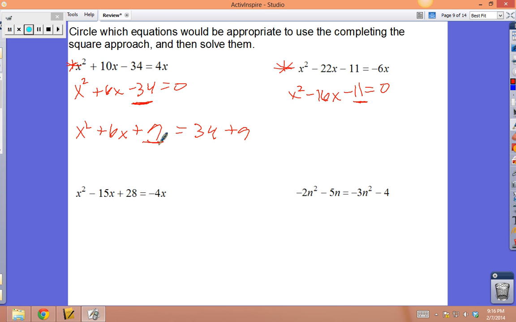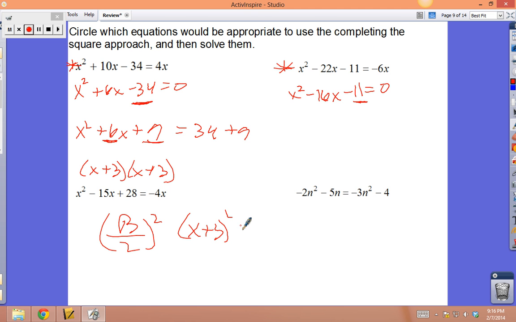Now 9, because it will factor and give me x plus 3 times x plus 3. 3 times 3 gives me 9, and 3 add 3 gives me 6. It all depends on what the 6 is, what the b is. So to find the c of your choice, you want to take b, divide it by 2, and then square it. So now I got x plus 3 squared is equal to